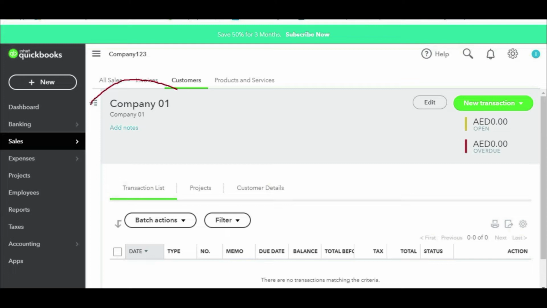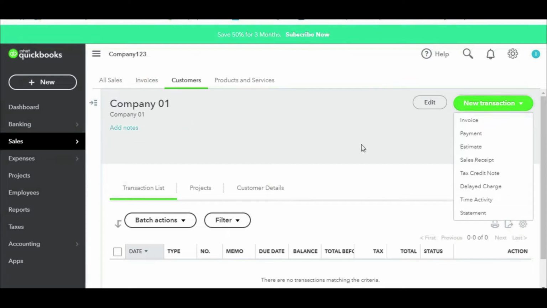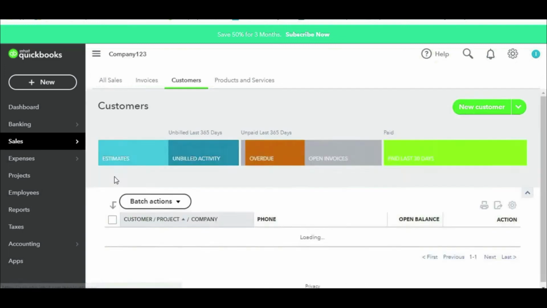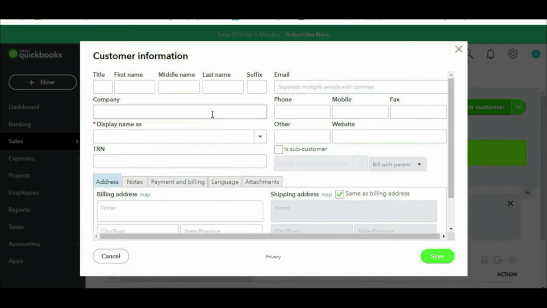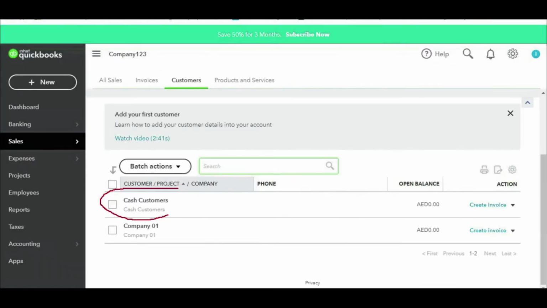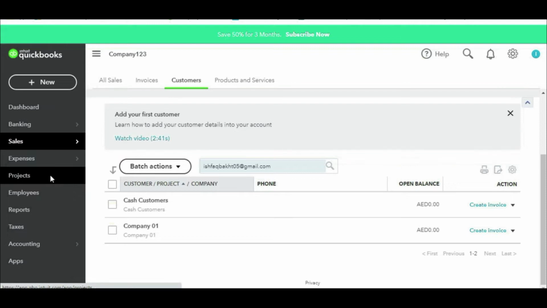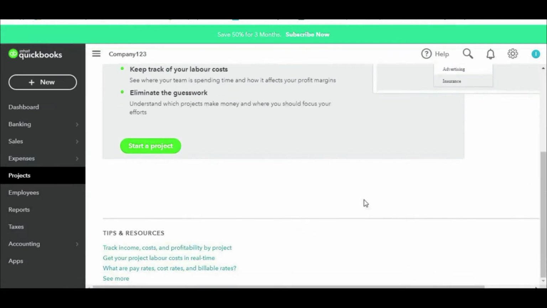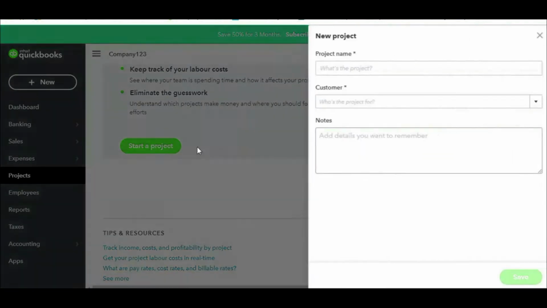You can see that. Now let's create a few more customers. So in this way you can create customers. You can see that I have created one customer as cash customer, the other customer is company 1. Now suppose with this company 1 we have 2 projects running. So how are we going to add projects? How will we create projects? For creating projects, we will just click on projects, and then from here click on start project,